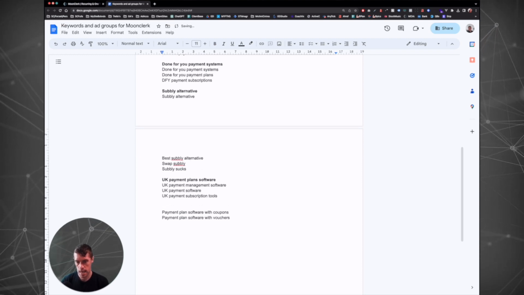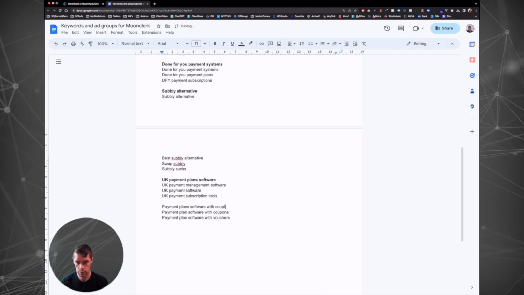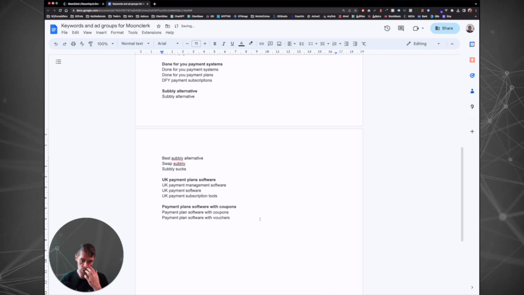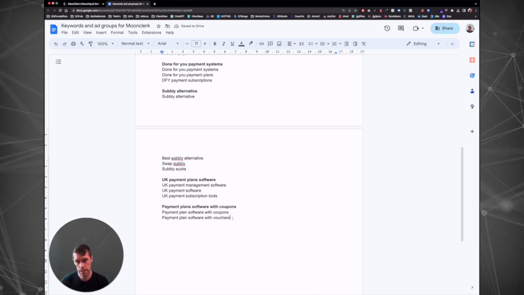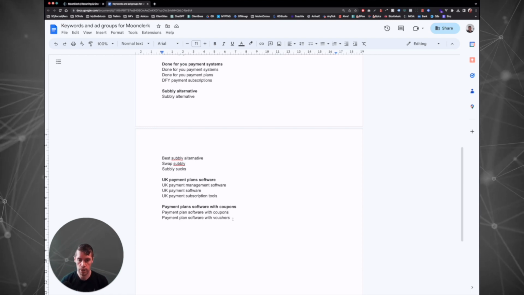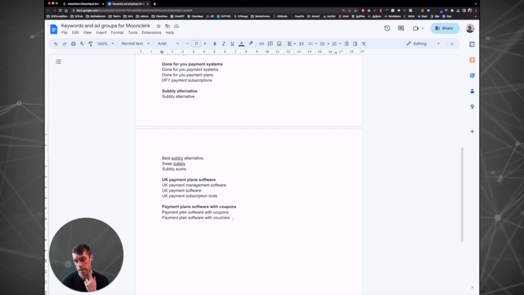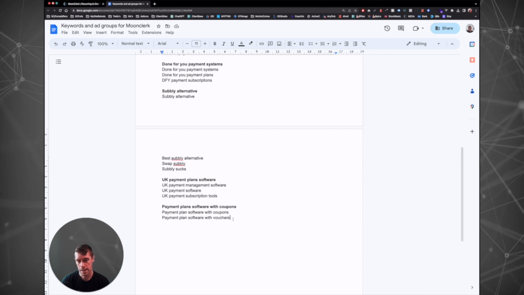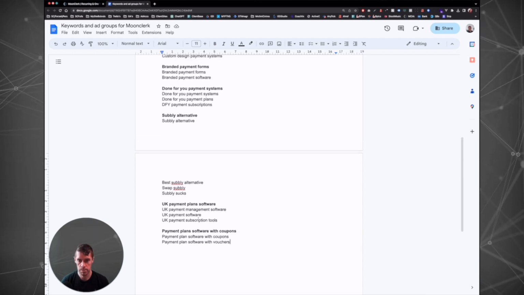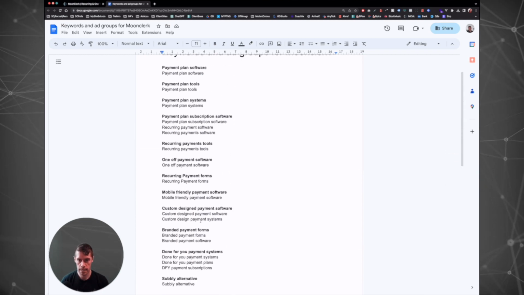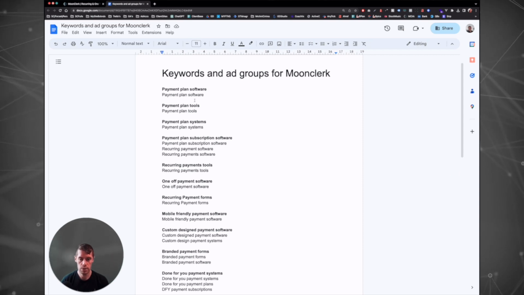And then payment plans with coupons, we'll just call that. Arguably, you could split these two up into two different places because coupon is a bit more American, voucher is a bit more UK and other countries. So you might want to split that up, but for now, let's keep it relatively simple. So there you go. So now we've got these ad groups, and so there's a specific user intent behind each